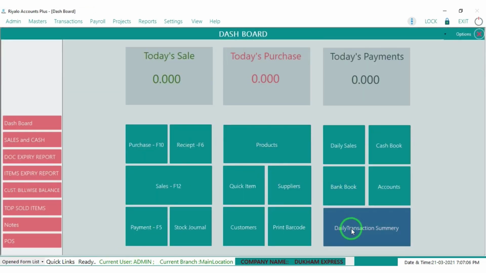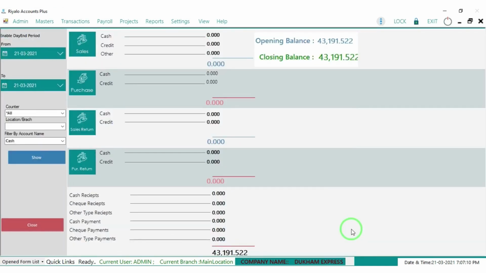And the other thing is the daily transaction summary. What is done in a day will be listed. You can see the total sales and purchases for today, sales return, purchase return, receipts and payments. And we can also sort from which day to which date. If it is selected, we can sort out, and what is the total opening balance on those days and what is the last closing details, we can see in one report section.